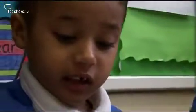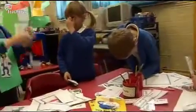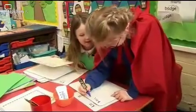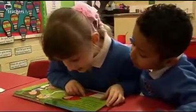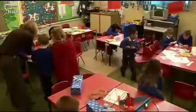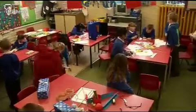Well, we actually assess the children each half term and when they come to the end of each phase in their phonics learning, but also you can see the progression on a daily basis through the children's writing and reading skills. For us teachers, it's a new way of teaching, so we're learning all the time, and I use things like